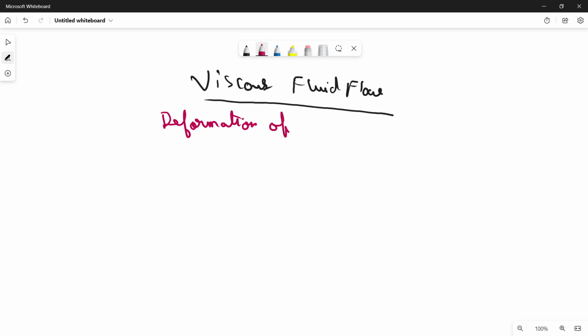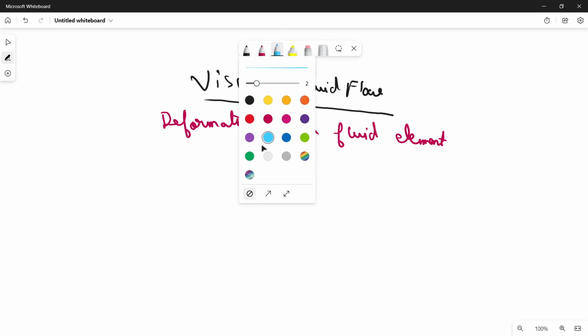It is the deformation of a fluid element. Now, how can a fluid element deform? Okay, so what are the different modes by which a fluid element can deform and how can you quantify this deformation? Okay, so the deformations can be broadly classified into